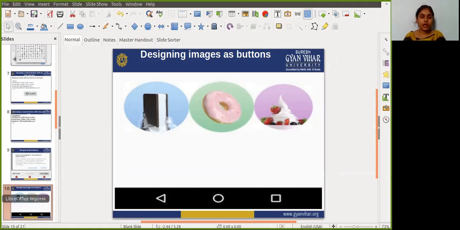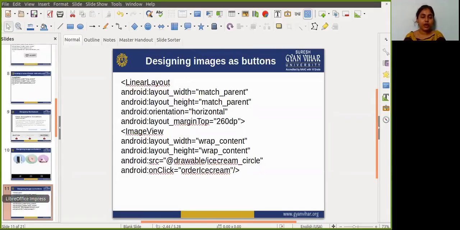So for creating this image button, you need to write the following code. First of all, you need to add a linear layout element. Inside the linear layout element, you need to add the attributes layout width, layout height, and orientation, and also layout margin top.